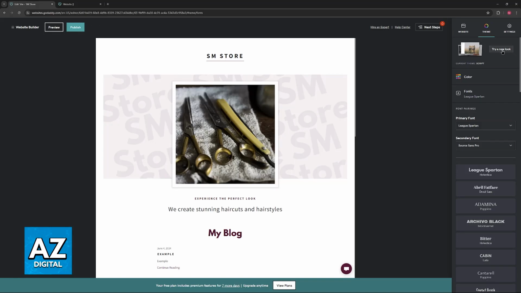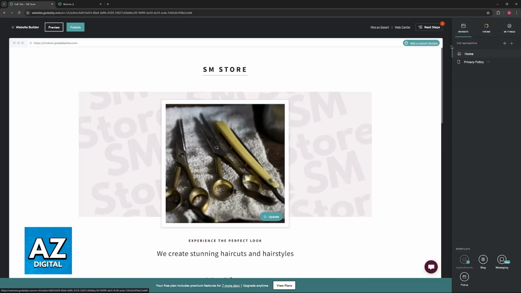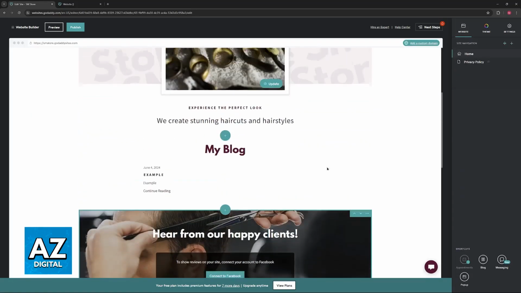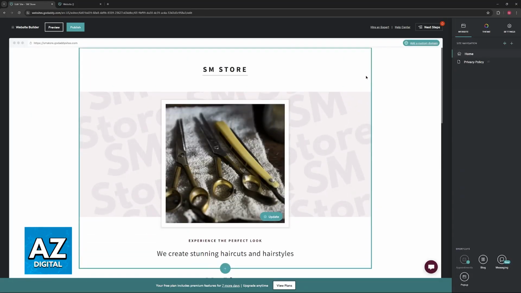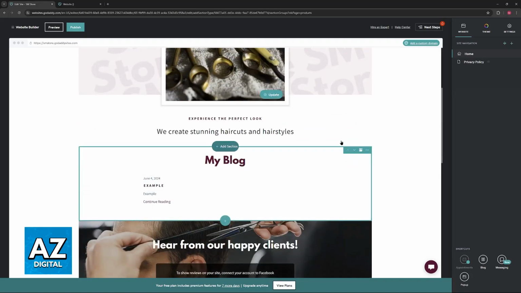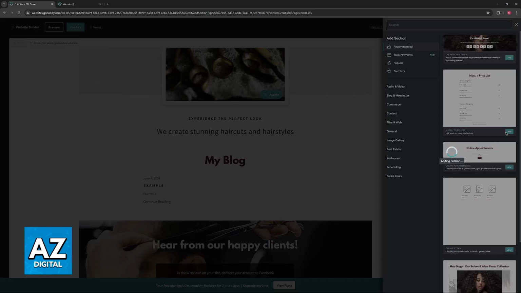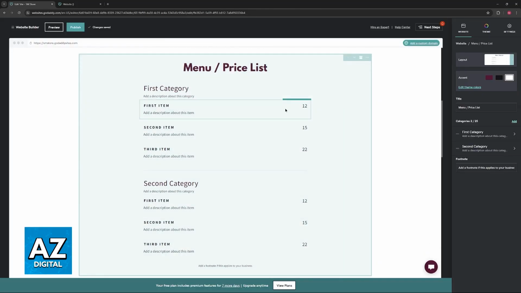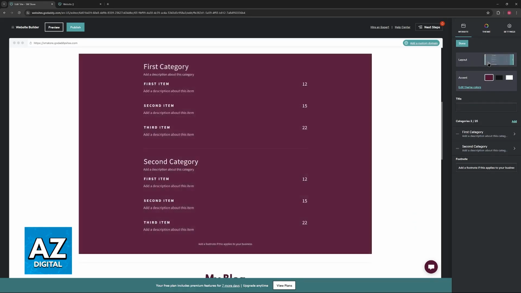So you either have to go over to try a new look and select one to override the current template that you have, or alternatively, if you want to remove templates related to sections, just highlight a specific section that you added. So I'm going to add a new one as an example. And once the section is here, click the three dots and then delete it in its entirety. Or go over to individual things about the section and remove them as you see fit.